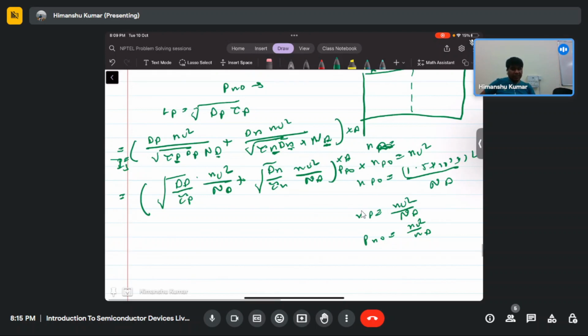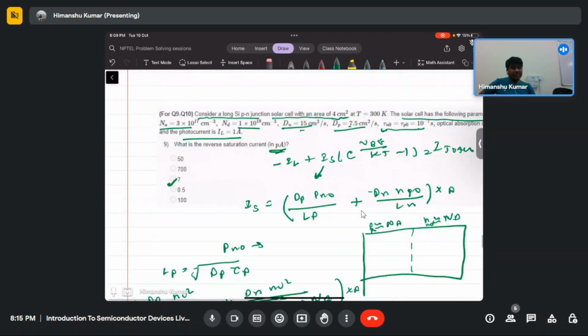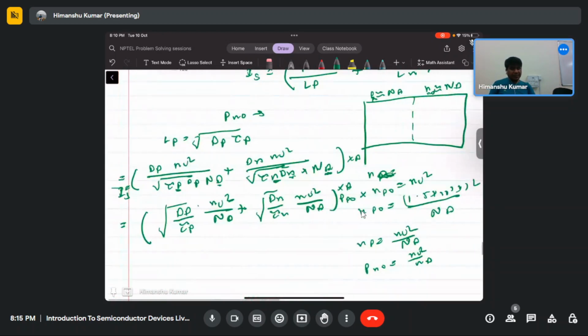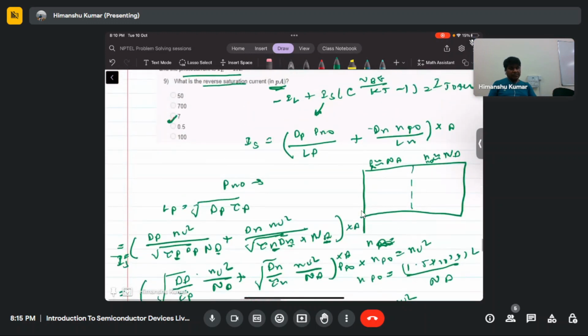So saturation current is your reverse saturation current, right? This formula is what formula? This is the reverse saturation current. Yeah. So the formula is the reverse saturation formula. The D_p naught, so PN junction diode you must have looked at, no? So this comes in this form, right? Okay. So this comes from that PN junction diode characteristic.